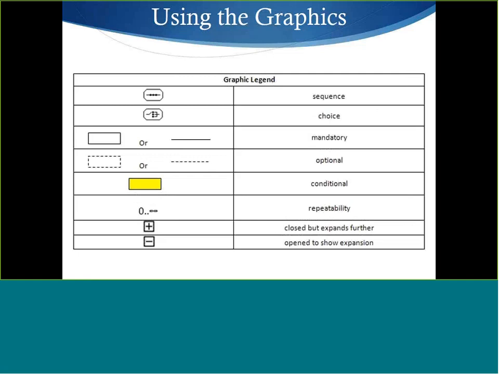Repeatability is another important concept for all of this. In most cases, you can only have one of something. So for example, the data set can only have one title, one abstract, one purpose. However, there are some other things that can be repeatable. For example, you can have multiple keywords. Sometimes you only have one, sometimes you have lots of them. If it starts with a 0, it means it's optional. You can have a minimum of 0 and as many as you want after that. If it's got a 1 in that spot, then it means that you have to have at least 1. And if it says repeatable, then you can have more than